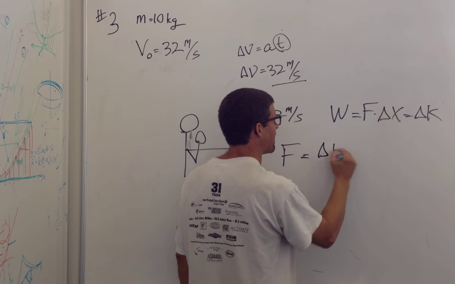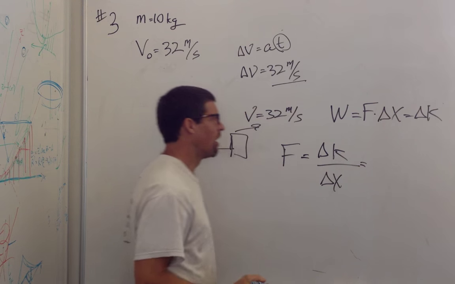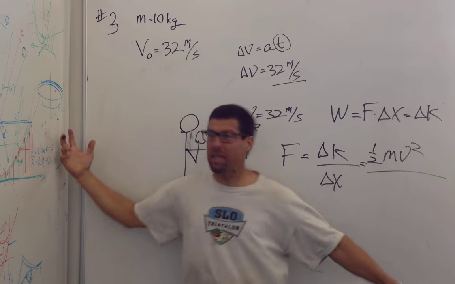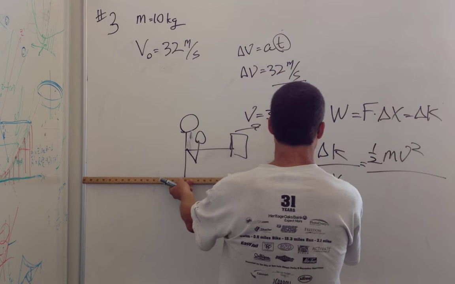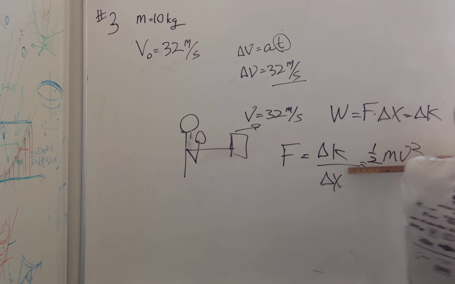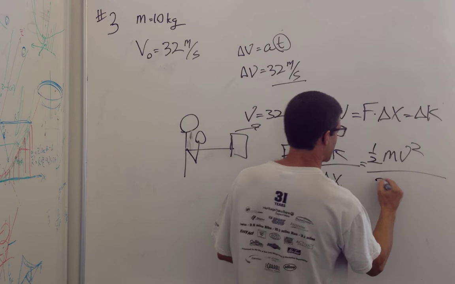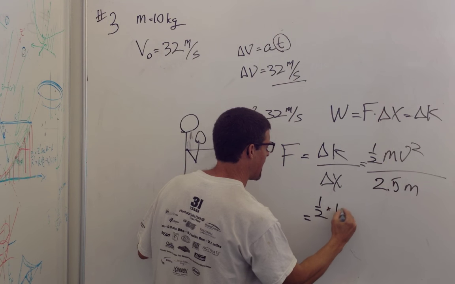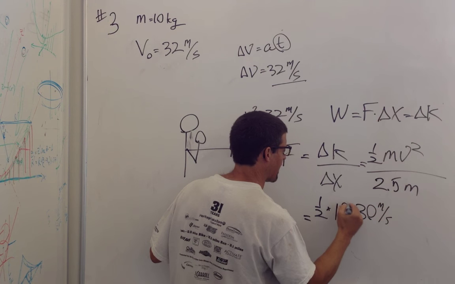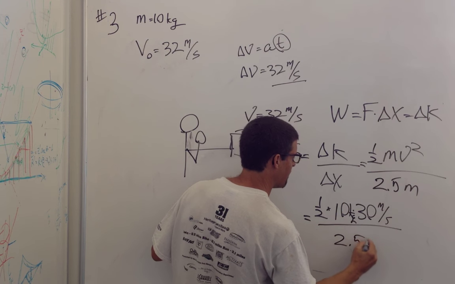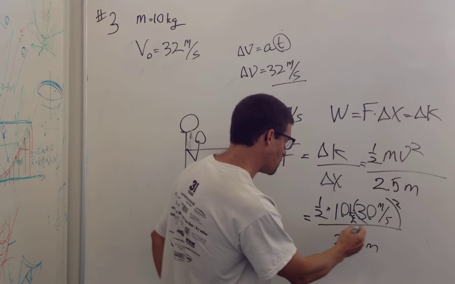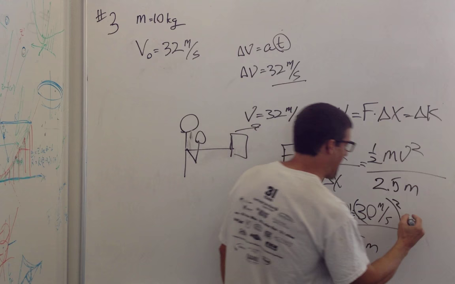So the force is going to be equal to the change in kinetic energy of the ball divided by delta x of my arm. So this is 1/2 mv squared, and delta x of my arm, I don't know. If I start from here and I go all the way to here, so I've got 1 meter, 2 meters, I don't know, give me 2.5 meters, okay? So that's 2.5 meters. And what is the kinetic energy? 1/2 times 10 kilograms times 30 meters per second, oh, better square it because my units wouldn't be right, over 2.5 meters. And so that's 4,500